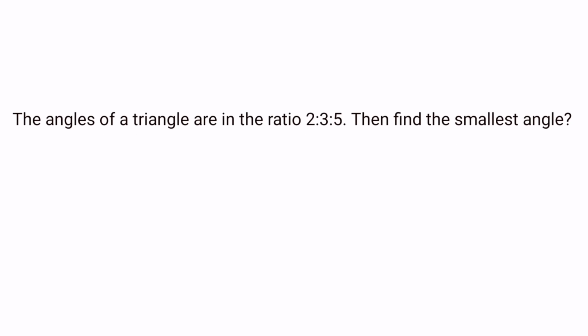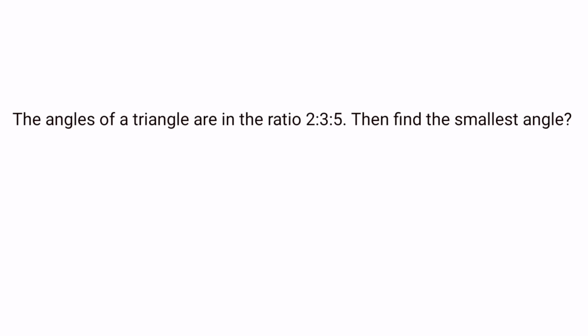Now let's see the second question. Angles of a triangle are in the ratio 2:3:5. Then find the smallest angle. So here the ratio of the angles of a triangle are given as 2:3:5. The next point which we have to understand about triangle is, the sum of all the angles of a triangle is equal to 180 degree. So 180 degree is divided in the ratio